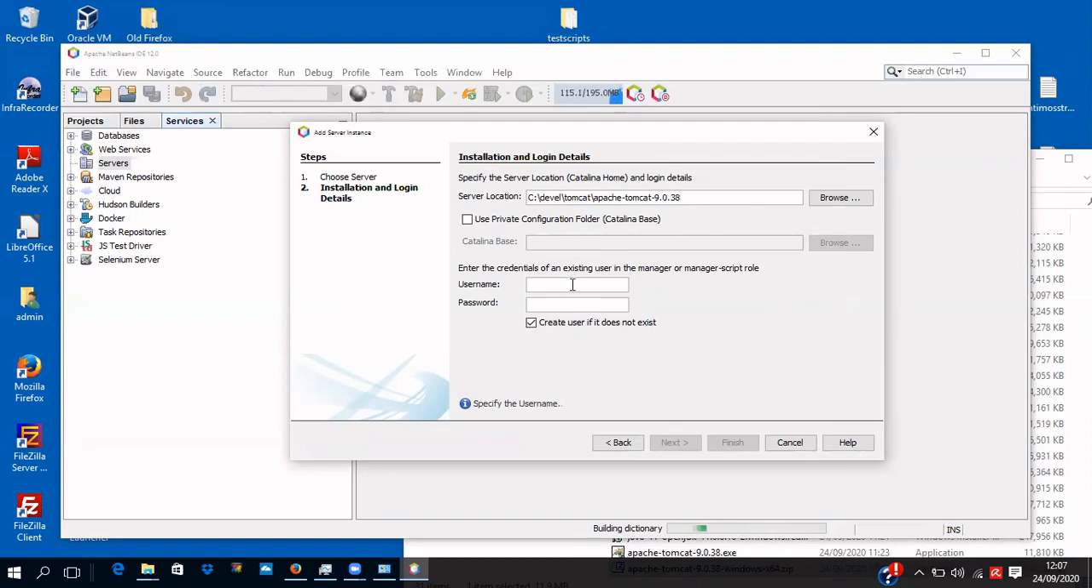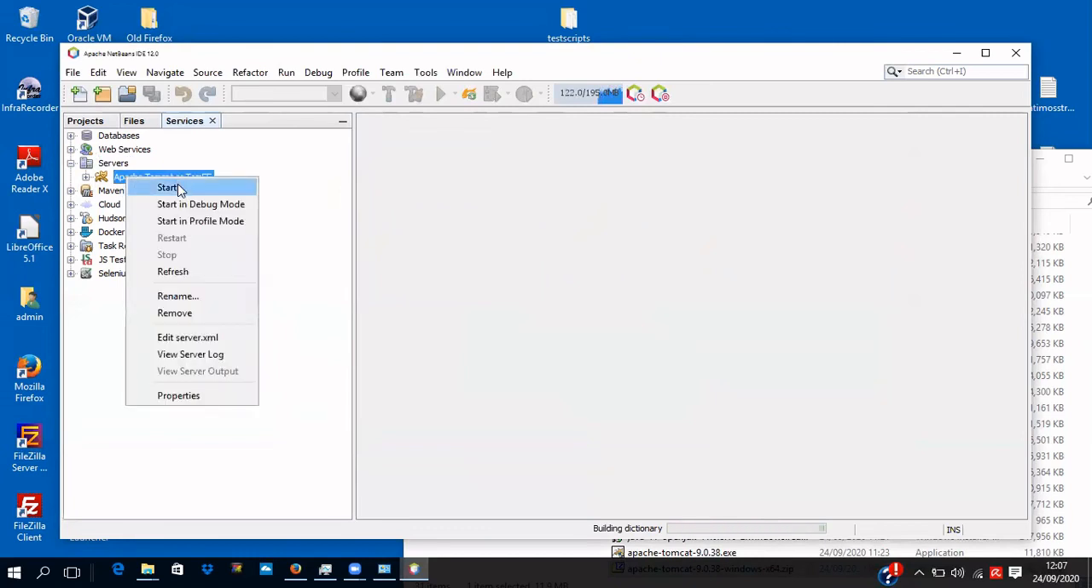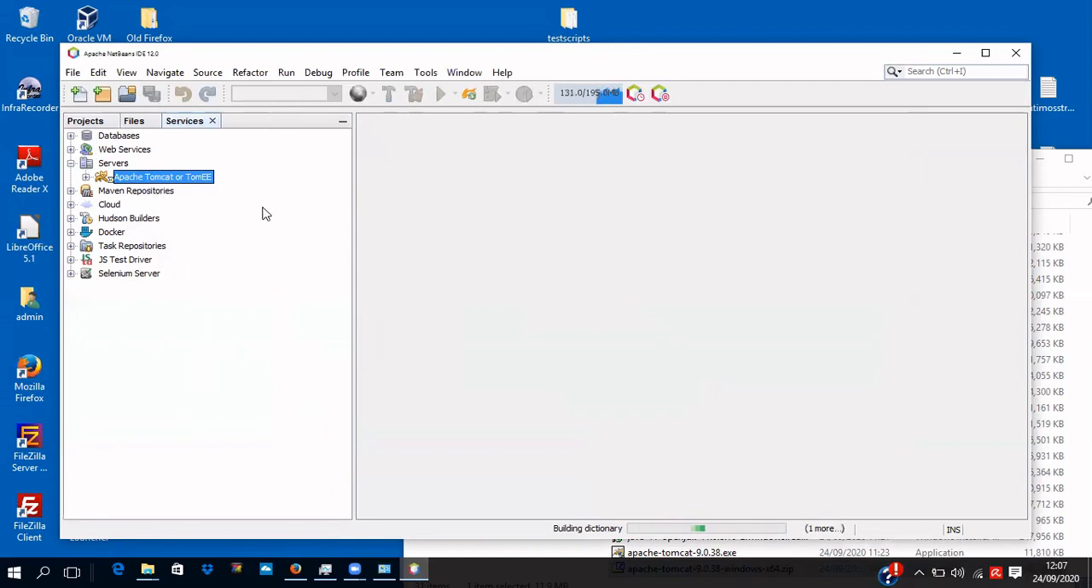And I'm going to create a very simple username, admin, and a password, admin. And it will create a user if it doesn't exist. Okay, so then we finish. And we now have Apache Tomcat actually recognized by the Netbeans server. And I can actually do something with this. So if I start Tomcat,